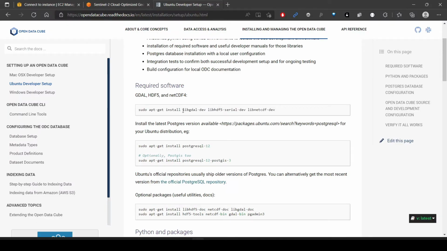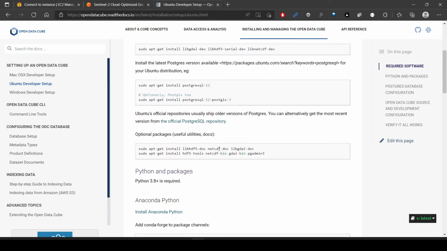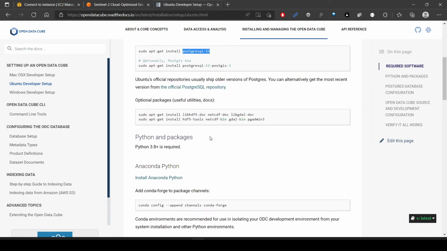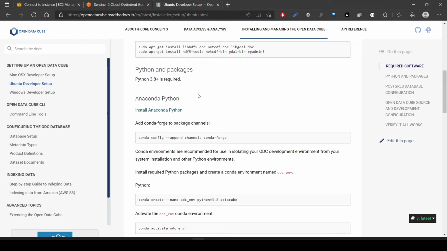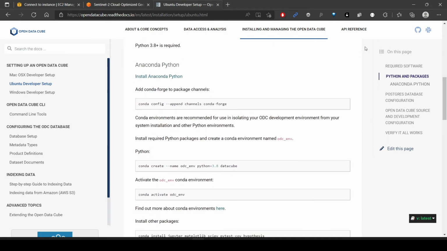We're just going to install some GDAL, HDF5, these libraries, and then we're going to install Postgres, and then we would install Anaconda. We won't install Anaconda, but would install Miniconda, because of the space limitation that we have, we only have 8 GB. I tried with Anaconda, but at some point it failed because there was no space, and when I tried with Miniconda it worked fine. So maybe we'll install Miniconda and then go ahead with all this process.